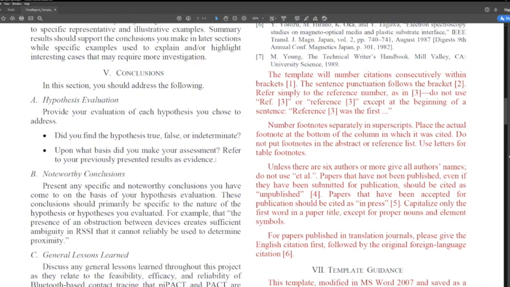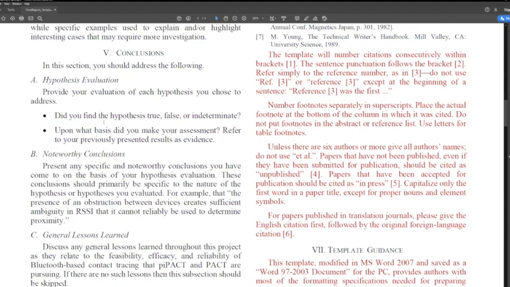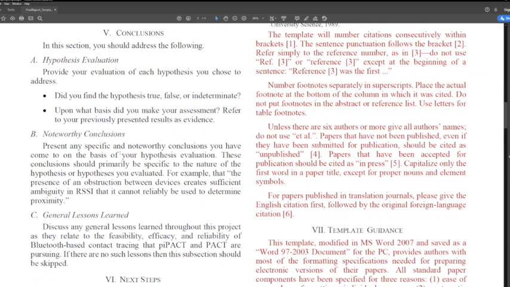All right. On the back of every hypothesis, you want to present any specific and noteworthy conclusions you have on the basis of your evaluation, and these should be specific to the nature of your hypothesis or hypotheses. So we give one example here: your hypothesis may have been about the effect of obstructions on RSSI, right? That your hypothesis was about phenomenology, about analysis, but a conclusion you've